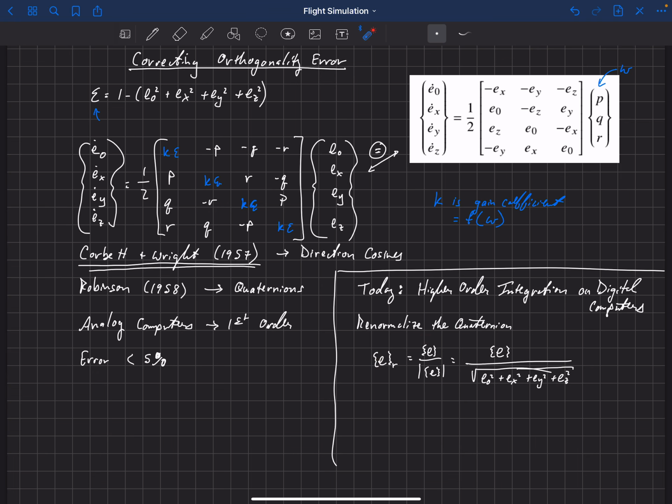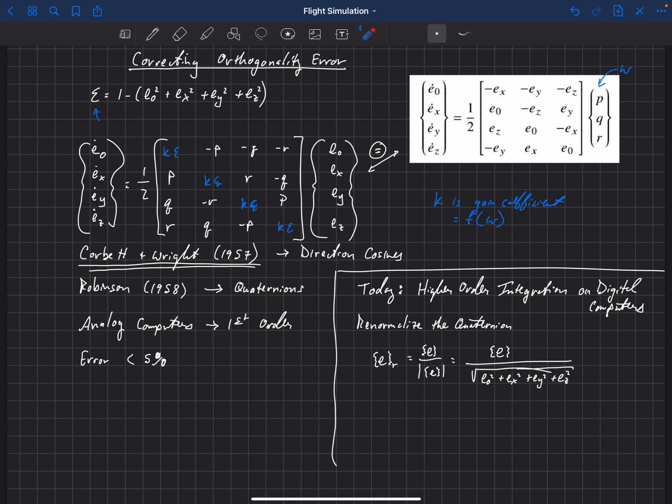You really don't need to do it that much, but we're going to do that just to keep the errors small. But it kind of depends. If you're rotating at really high rates, then you need to renormalize more often. But aircraft are usually not rotating at really high rates, and so you can get away with normalizing this quaternion a lot less throughout the simulation if you wanted to. You could do it every 10 or every 100 time steps or something like that, as long as the aircraft isn't significantly rotating or quickly rotating. But we're just going to do it every time step to keep the error small.